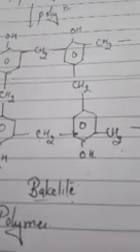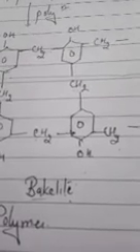This benzene combines with a CH2 group, then this is a benzene ring with OH here, CH2, again a benzene ring. That is the linear chain, but more CH2 will come and join here. So we get the three-dimensional structure like this. This three-dimensional structure is called bakelite. So the linear chain is called Novolac, and the three-dimensional structure is called bakelite.